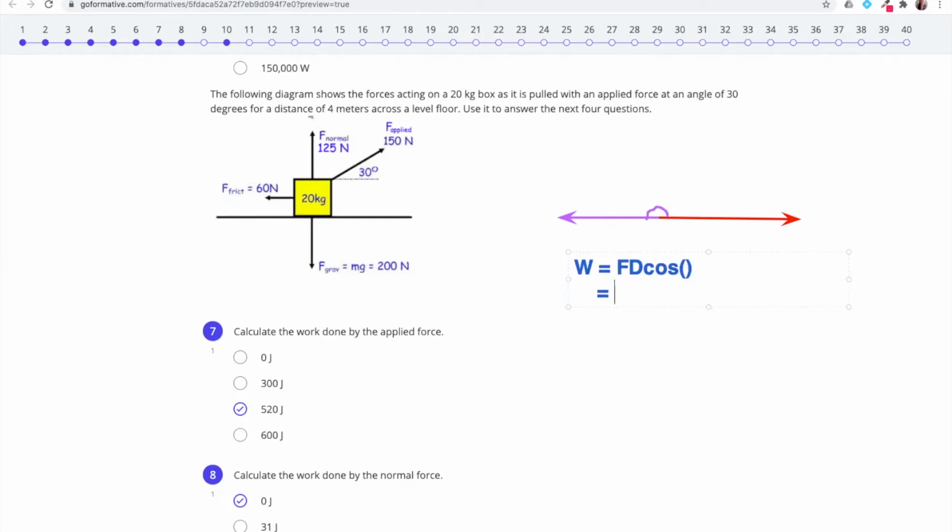So the work done by friction is going to be 60 newtons, that's the friction force, times a distance of 4, times a cosine of 180 degrees. Not the 30, because the friction force and the displacement don't form a 30-degree angle with each other. They form a 180-degree angle with each other. This gets me negative 240 joules. This is going to be removing energy from the system and taking it into a different form that is non-mechanical,